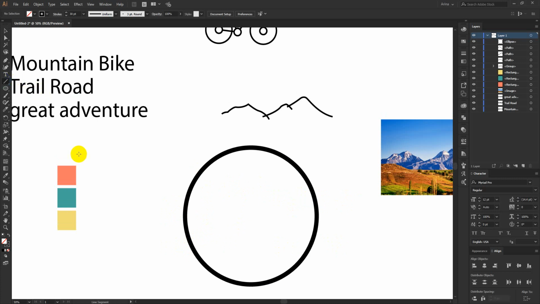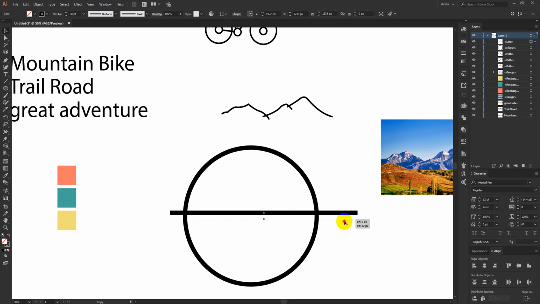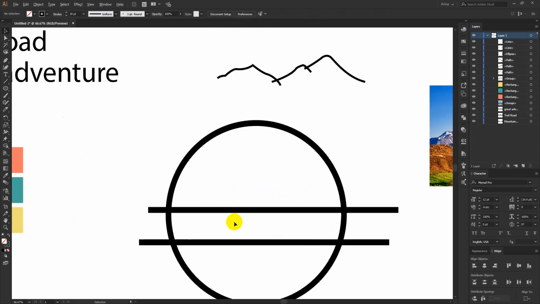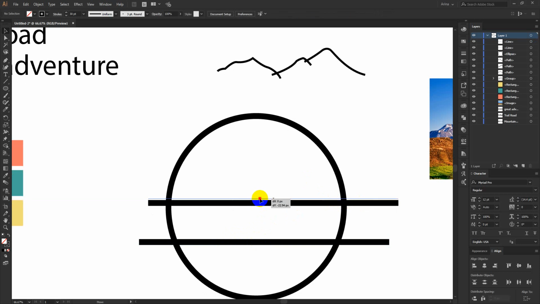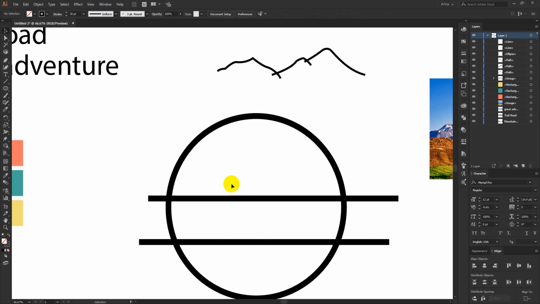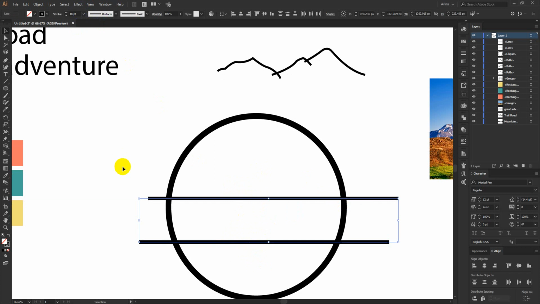One thing I have to keep in mind is that the mountains and cycle cannot be placed in the same proportion. So I have to work on the proportion first. This area will be my mountain area, and here I will place my cycle maybe a bit lower. Okay, for these two I am going to make them a bit smaller. They are just my guidelines.